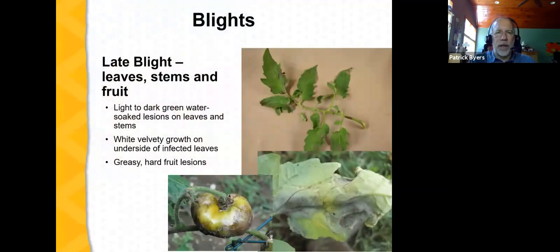We can have blights. Blights can attack leaves, stems, or fruit, and they typically result in the larger scale death of tissue than spots. So if we look at these pictures, for example, we can see the effect of late blight on a tomato. It's killing the leaflets in the upper picture. We look down at that middle picture. That's what the disease looks like up close on the foliage, and the entire leaf is going to die. And then it can also cause problems on the fruit, and we notice those fruit lesions there that pretty much have made that fruit unmarketable. So again, a blight is a more widespread situation on the plant than, say, a spot.